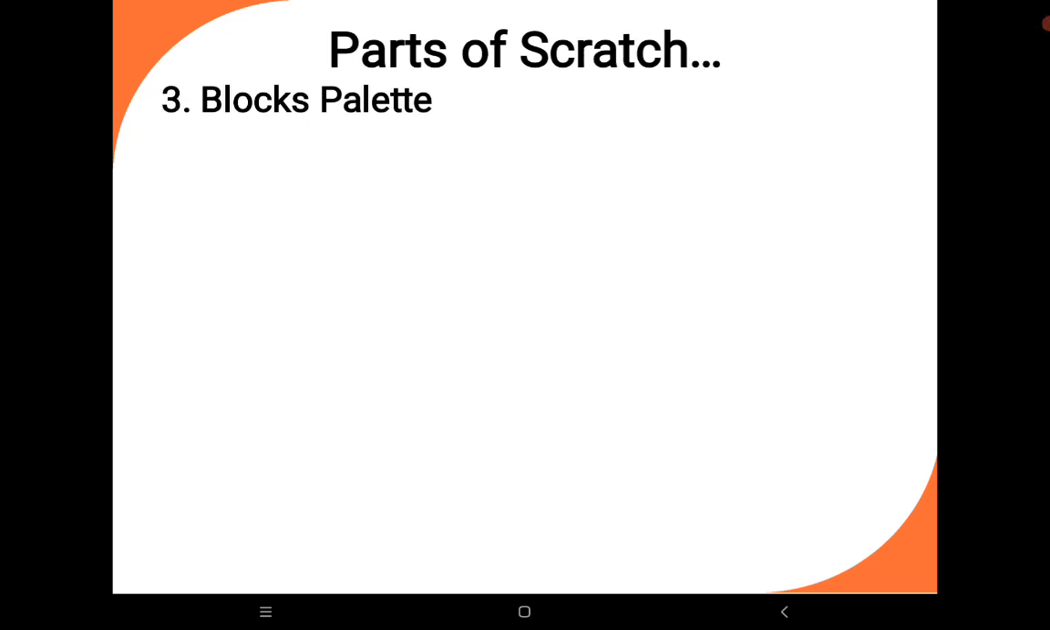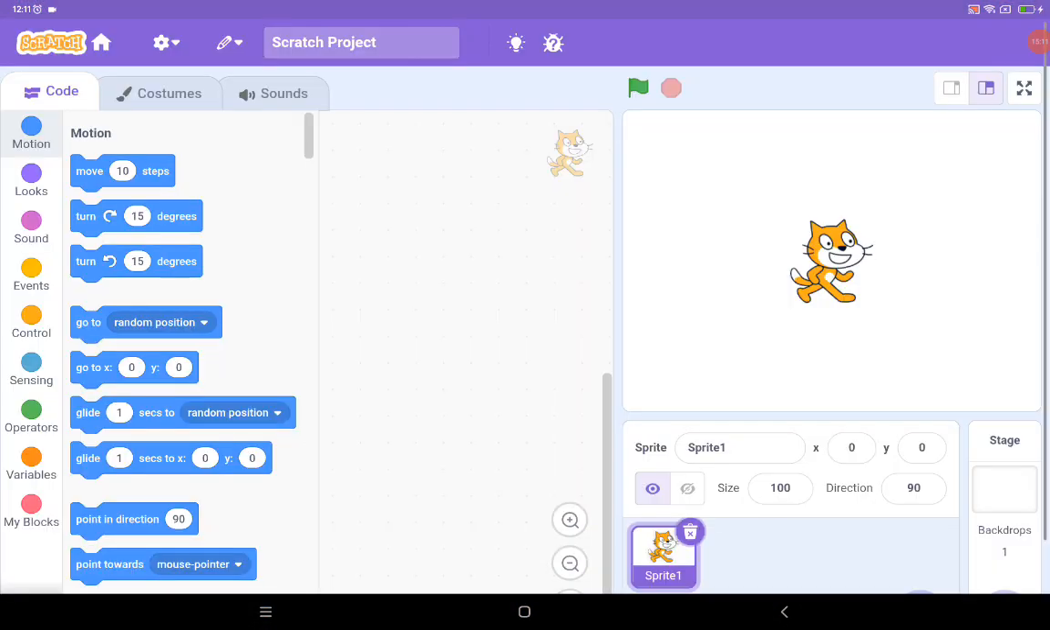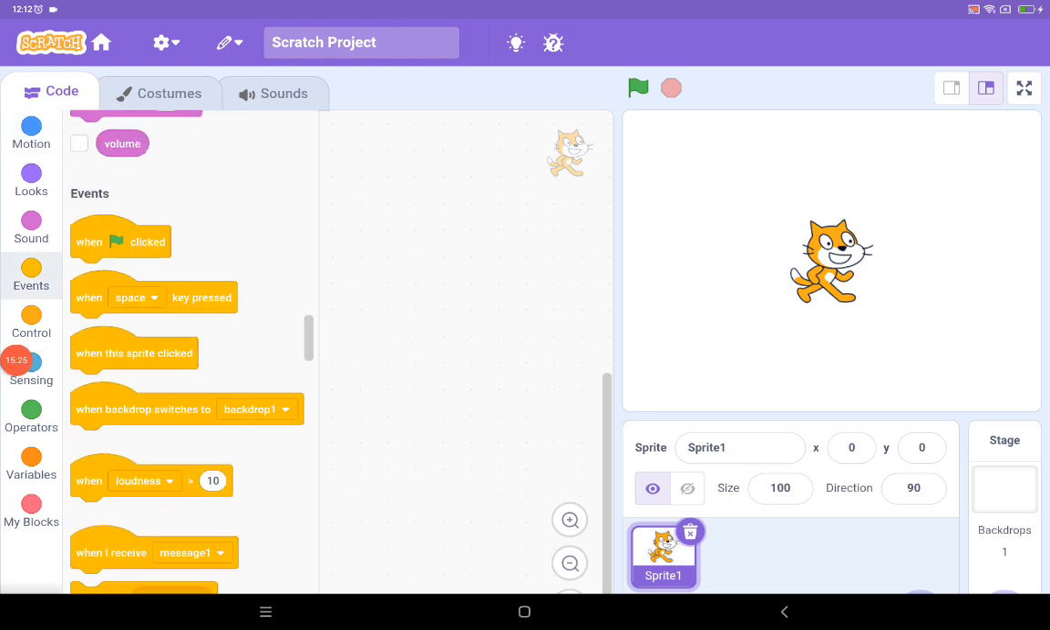Then we have other important parts of Scratch. The block palette is where we see the codes. This is the block palette. I can see motion, looks, sounds, events, control. Motion to move a sprite, looks to say something, and sound to add a sound. Events to start a sprite,